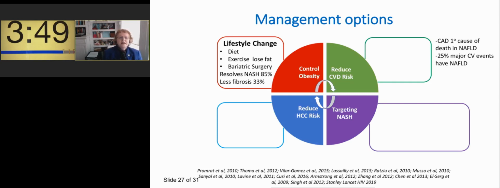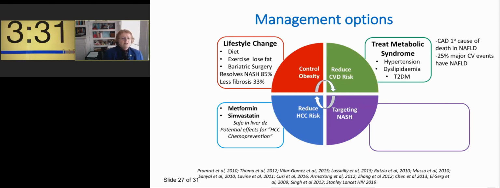Cardiovascular disease is the #1 cause of death in patients with fatty liver. And in 25% of major cardiovascular events, these patients have NAFLD. So treat the metabolic syndrome: hypertension, dyslipidemia, and diabetes. Metformin and simvastatin are safe in liver disease and should be used if indicated, and they have a potential benefit for HCC chemoprevention, but decreasing progression of fibrosis is the #1 way of decreasing